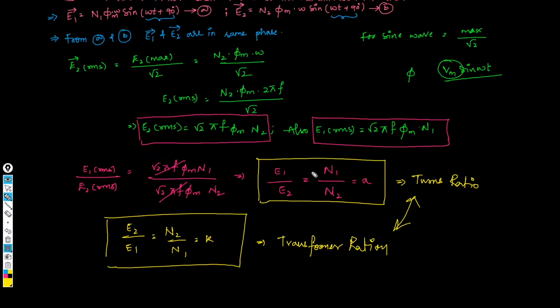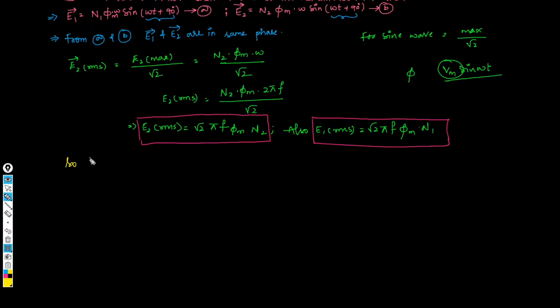Of course, if you observe very keenly, these are nothing but mathematical manipulation. Just do cross multiplication here, you will get this one. If you do cross multiplication here, you can find this one also. So there is nothing much to confuse in these two terms, A and K. If one has a clear concept about the turns ratio and the transformer ratio, then it would be very easy for us to calculate anything. So this is what turns ratio and transformer ratio means.